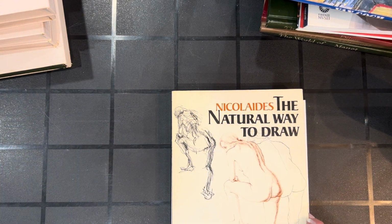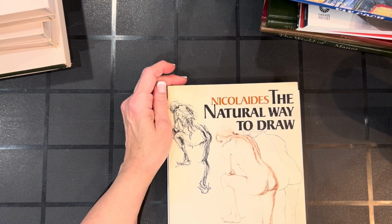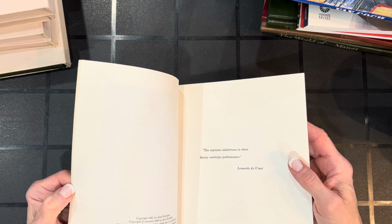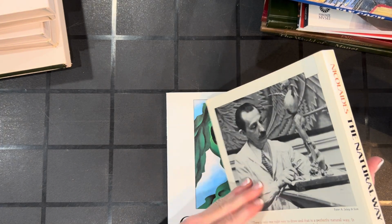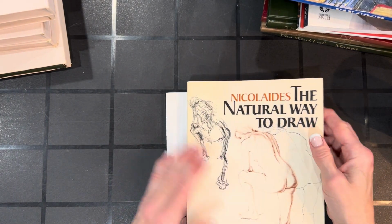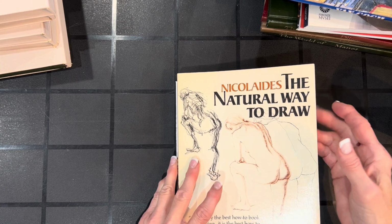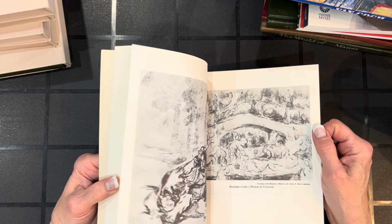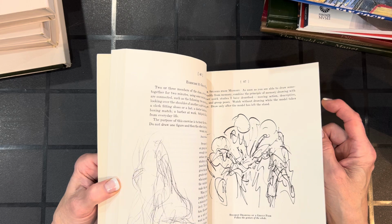Okay, Nicolaides, The Natural Way to Draw. Now, I would say this, I checked this earlier. It seems to me it was written in 1941. I was going to say 49. This is kind of, I'd say, the Bible of drawing. So I first became aware of it when I was taking art classes. Now, one thing that most art teachers would